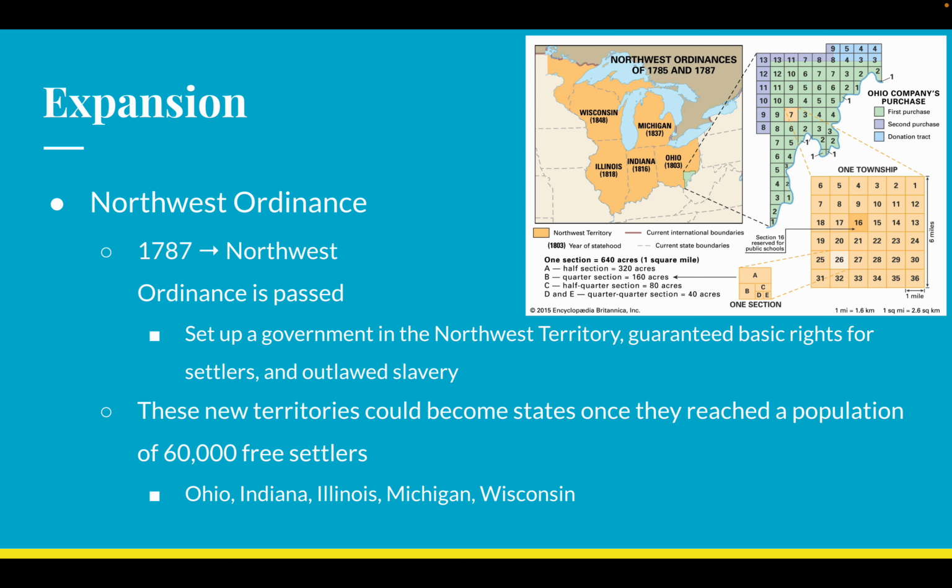Ohio is the first one, 1803, simply because it's closer. You know, what's the point of traveling all the way to this upper left portion of Wisconsin when you can just go from Pennsylvania to Ohio and you're good to go, right? The roads are going to be closer, the people are going to be closer, you're going to have more access to services and things like that if you settle in the closer region. So Ohio is going to be the first one, 1803, and then it's going to take all the way to 1848 for Wisconsin, simply because it's further away.